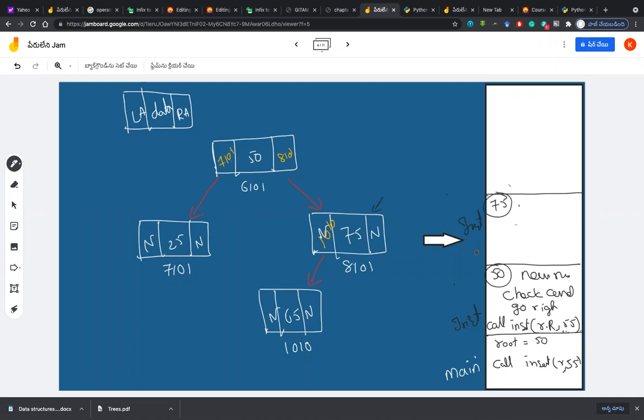Now your focus is in this position. Create a new node again. We'll check the conditions and place it, sir. No. 55 is less than 75, right? Yes, sir. So it shall go to the left side. Again go left? Go left. Go left in the sense what you will say, again call insert of what this time? root.right.left comma 55. So again you are calling yourself with this as root.